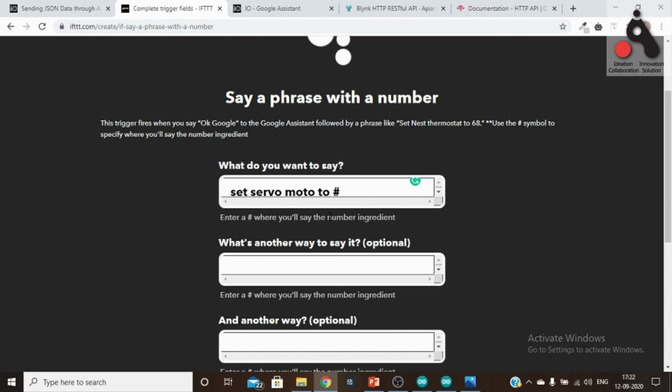Another way of saying it, maybe "set servo to # degree," like "set servo to 30 degree." It will be more specific.